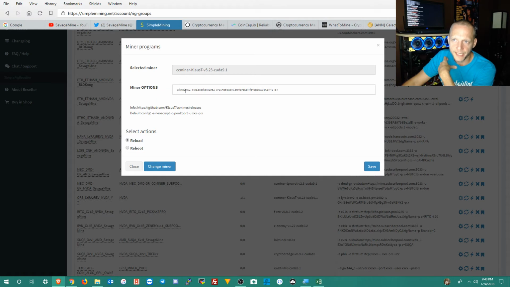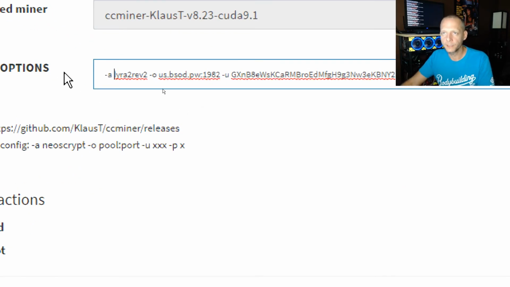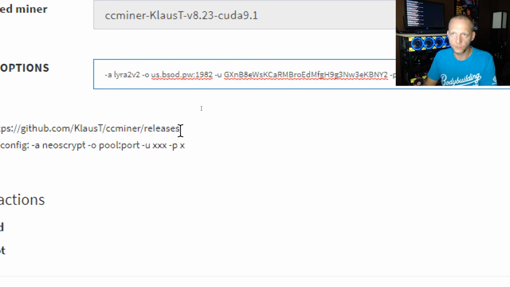Okay, so it's saying that this is not, all right, so let me show you what I'm doing here. Let me zoom up here. Basically what it's telling me is that this is not a known algorithm, right? And remember what I was saying, sometimes you hear it or see it as LYRA2REV2 without the RE on there. So we're going to try that first, and then we'll go